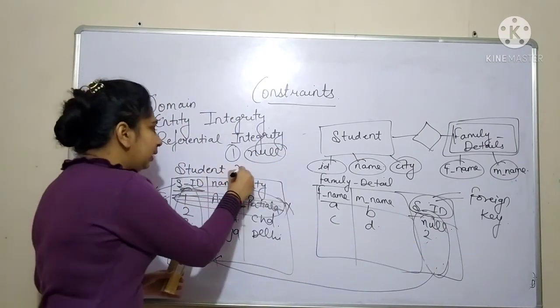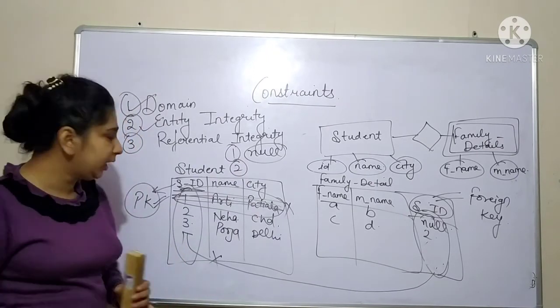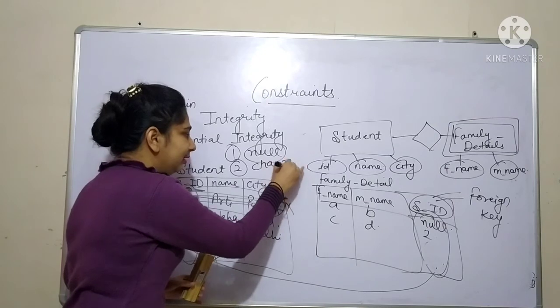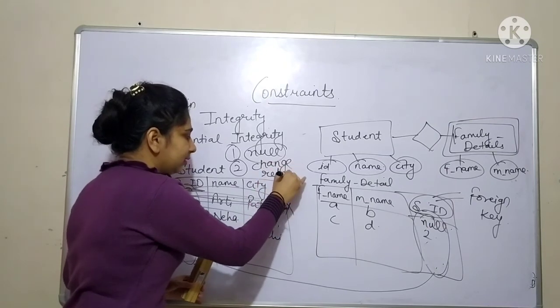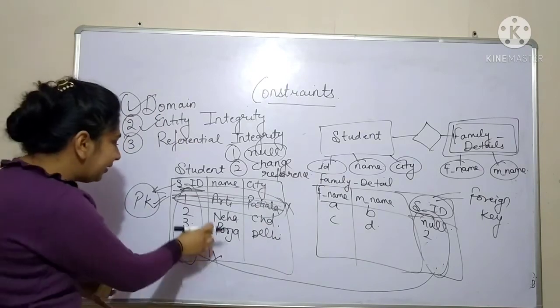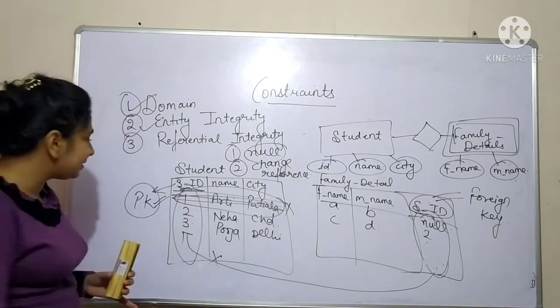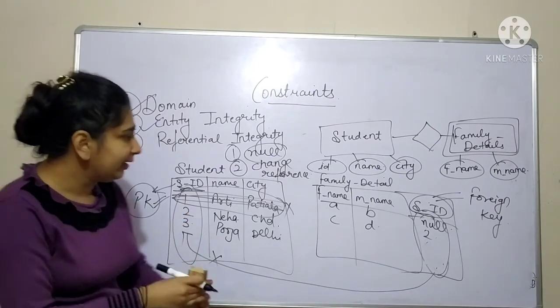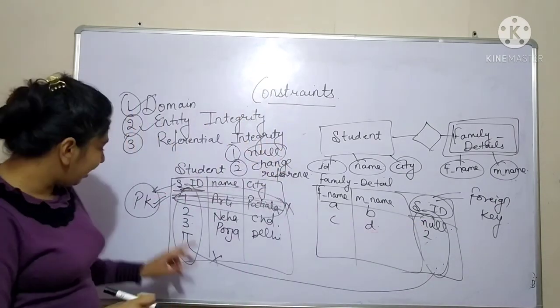What is the second way? The second way is to change the reference. Now what are the values we have in this table? 2 and 3. So you can write in the foreign key either 2 or